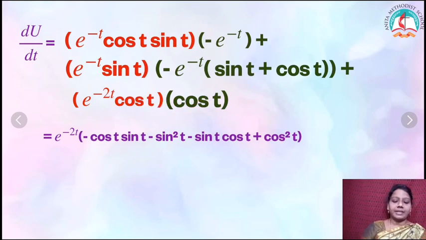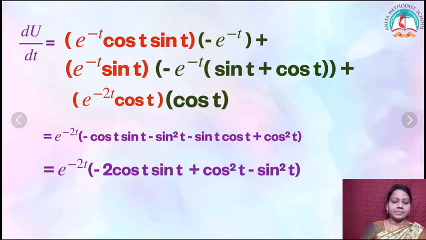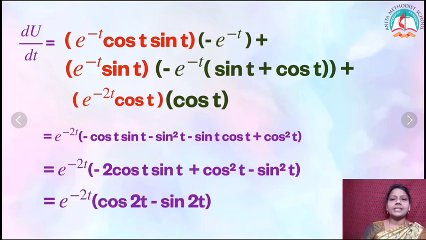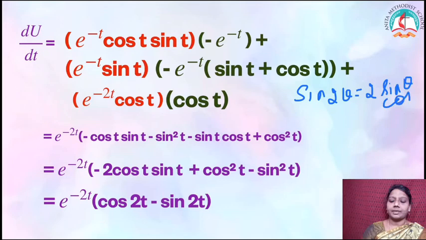So if we have the values like this, then we can rearrange it. Here we have 2 times of this value. Therefore it becomes minus 2 cos t sin t. Then cos square t minus sin square t. Okay, so then the value of 2 cos t sin t is nothing but sin 2t. We know the formula already. Sin 2 theta is nothing but what? 2 sin theta cos theta. So we are substituting that in the form of t.